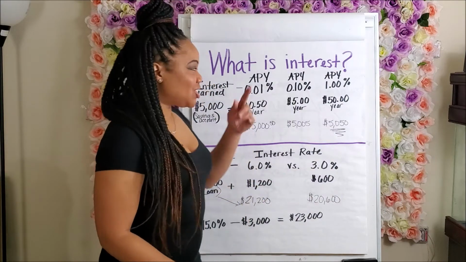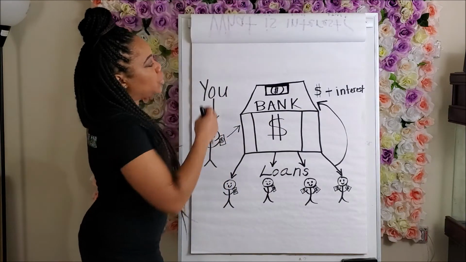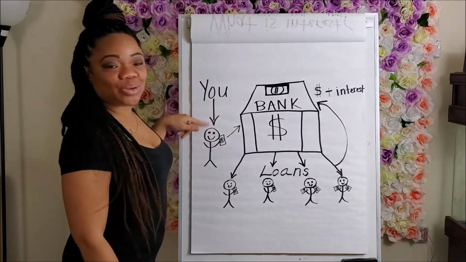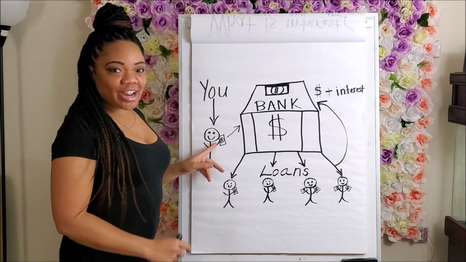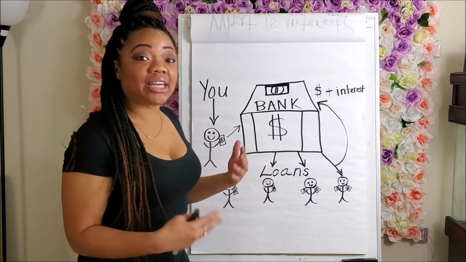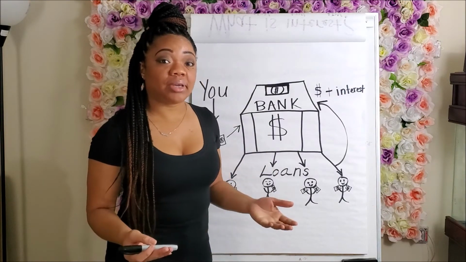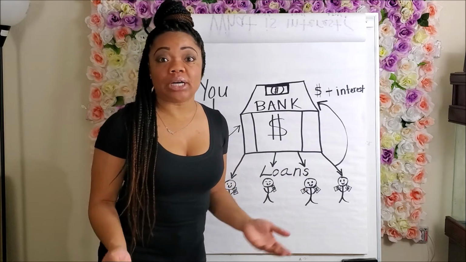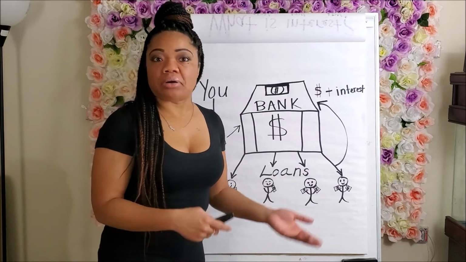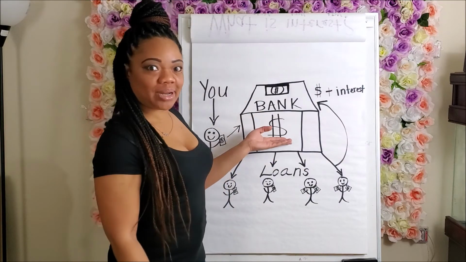Okay, so just another breakdown of what interest is. We're going to look at this pictorial right here. So this is you. Yes, this is you. You're happy-go-lucky, and you're bringing your money to the bank because the bank is FDIC insured, and my money is in the bank, and I'm so happy to bring it there. It's going to be safe and secure. It's not going to be like if I have my money at home under a mattress or in a refrigerator, because some people do it, but it's not that way, because if your house burns down or if someone breaks in, you can't get that money back. But at the bank, it's insured. So let me put my money in the bank, right?